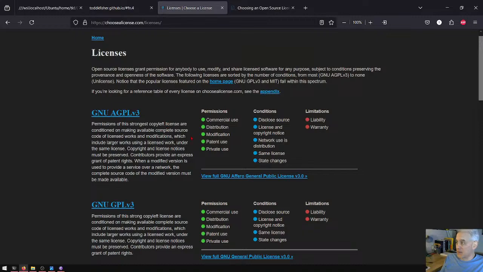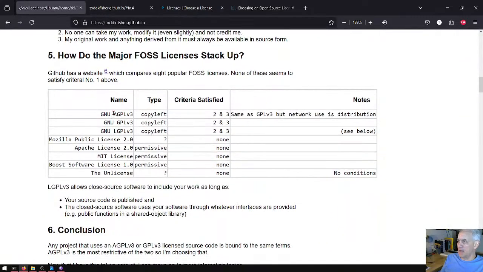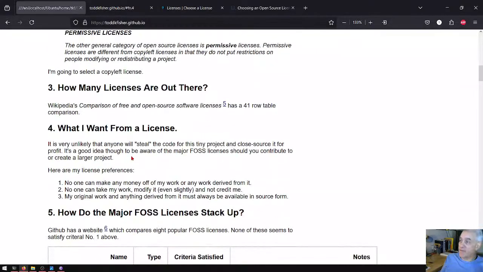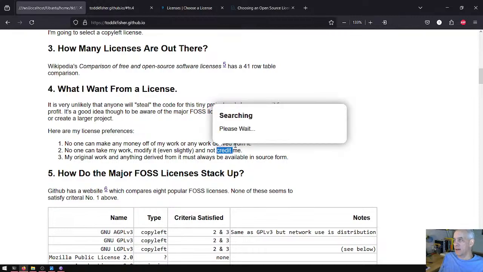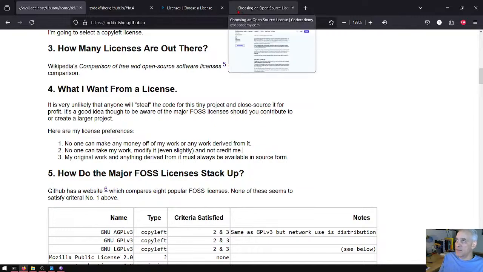So at the top, there's GNU Affero, which is also called AGPL version 3. It falls under copyleft. Criteria satisfy 2 and 3. Well, does it really satisfy 2? No one can take my work, and I don't have an answer for that right now, but I would like credit somewhere. So I'll have to skim through the text of this